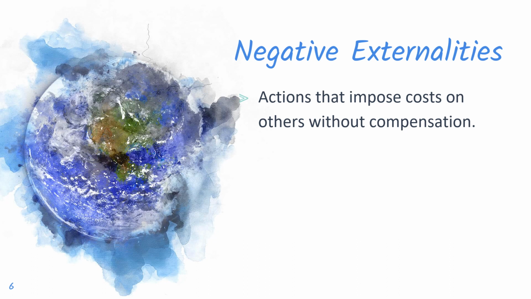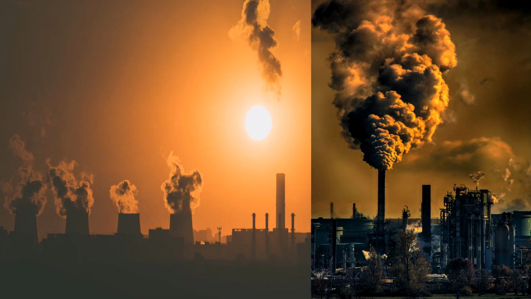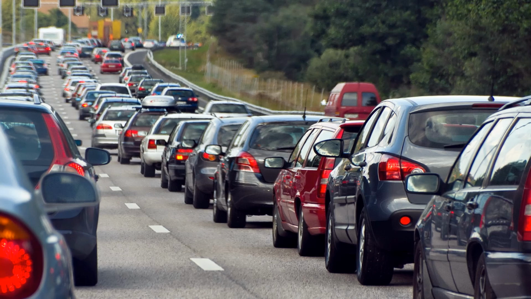We will understand this again with the help of some examples. We can take the example of pollution. You see, industrial activities that release pollutants into the air or water eventually result in negative externalities in the form of environmental damage and health hazards. And again, in urban areas, the use of private vehicles contributes to traffic congestion, which causes delays, increases fuel consumption, and decreases the efficiency of transportation networks.